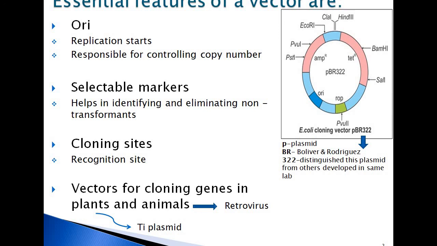Over here, we will take an example and I will explain how it works. From the cloning site, we are clear that we should have a particular recognition site. If there are multiple sites, then the enzyme would be confused about where to cut and where not to cut. And if it cuts at more than one recognition site, then it would be very difficult for our gene of interest to be inserted there.